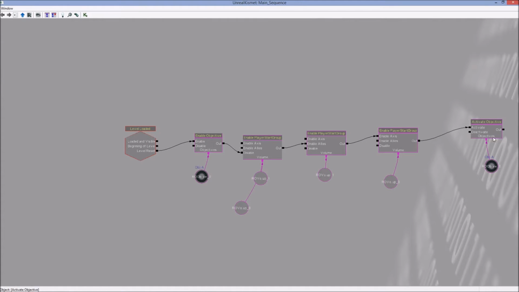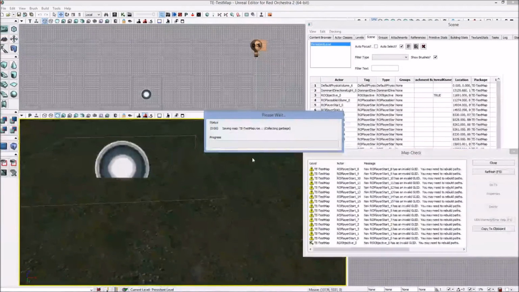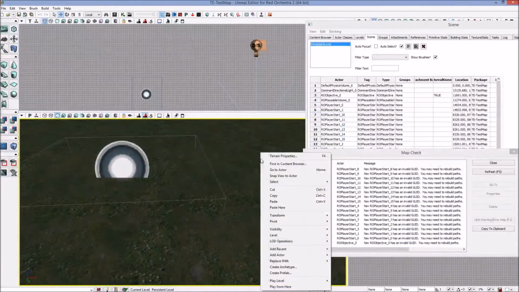You could enable and activate as you go, but it's easier. I just plug all my objectives in here at the beginning of the map, and then I activate and deactivate as we go. So we can test this real quick. This should be fine. I'm going to save it just to make sure this works, and we'll play in game